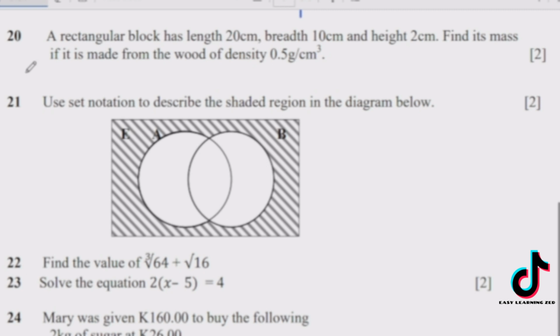So to find mass when density is given, we use the formula: mass is equal to volume times density. Now, when we look at the question, we don't have volume. We are not given volume. What we are given are just the measurements of the sides of this rectangular block. So we are going to find volume, which will be equal to 20